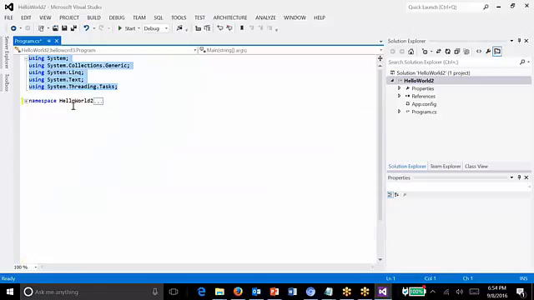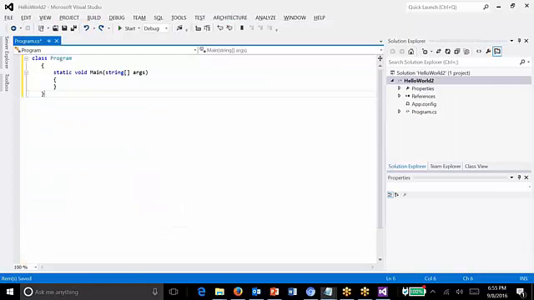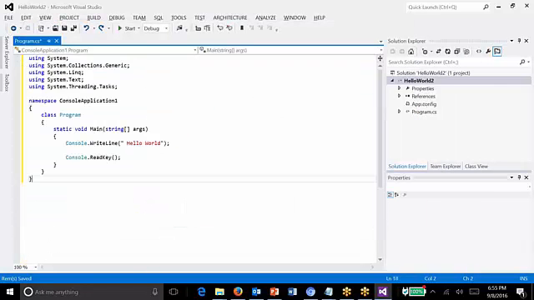So once I make this library, I can also use this one in another program. I can use this name, Hello World 2, and whatever I have mentioned, I can use as a library. Okay, so what I'm going to do is create a new project, and inside that I have copy pasted